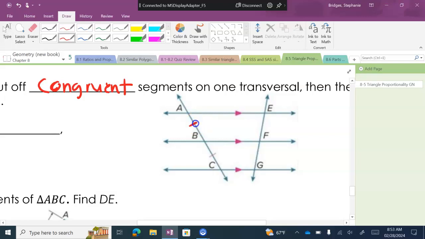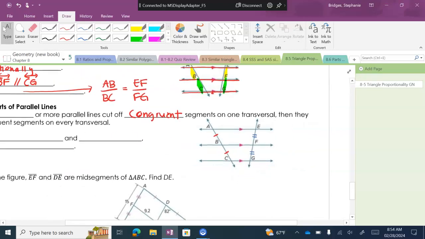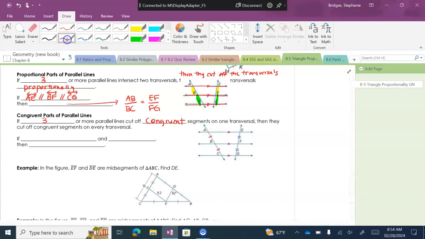Do you see that AB is marked congruent to BC? What that means then is because those lines are parallel and because AB is congruent to BC, then we would know that EF is going to be congruent to FG. And that's what we're about to write in words here. So if, first of all, my lines are parallel, so if AE is parallel to BF, is parallel to CG,